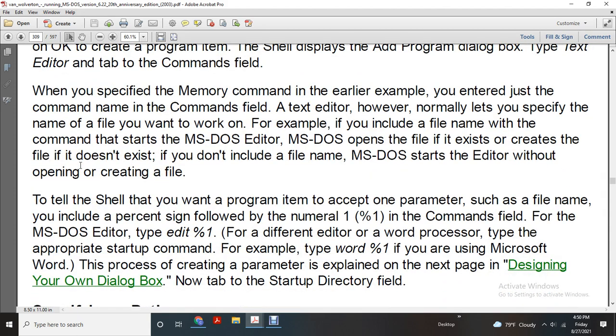When you specify the memory command in an earlier example, you entered just the command in the command field, the edit editor. However, the editor normally lets you specify the name of the file that you want to work with. For example, include the file name in the command, start the MS-DOS editor, open the file, or exit with the create. File does not exist if it does not include the file name. MS-DOS editor, start with the editor without opening